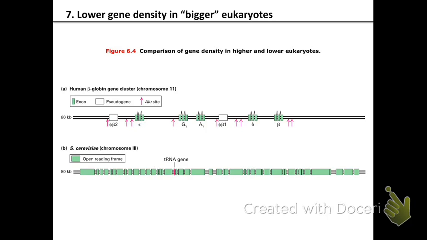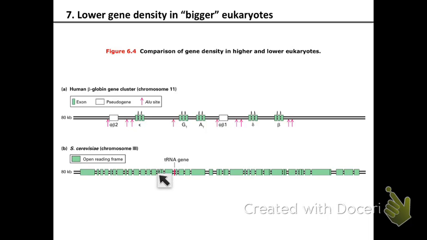So if you look at a typical human gene, right? This is a human gene cluster. It has several genes here. So each of these green rectangles are an exon, and each of these little things are introns. And what you can see is that there's lots of space in between the genes, right? There's lots of space. There's some pseudogenes. These are genes that look like genes, but they're not. They've accumulated too many mutations to be functional, etc.